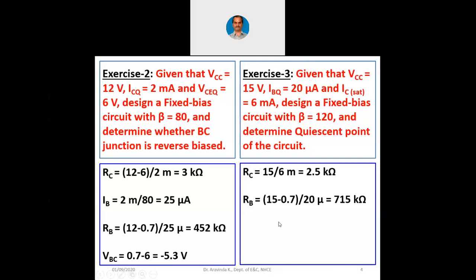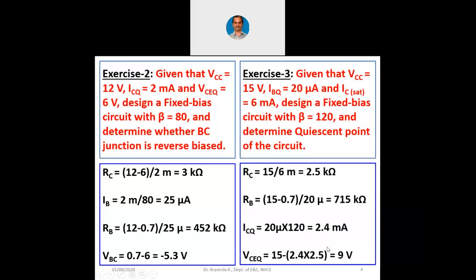How do you find ICQ? ICQ is nothing but IBQ into beta. 20 microampere is given into beta is 120. So ICQ is 2.4 milliampere. Now when we know ICQ 2.4 milliampere, we can easily find out VCEQ. How? VCC minus ICRC. VCE is VCC 15 volts minus IC into RC. RC we have 2.5 kilo ohms. IC we know 2.4